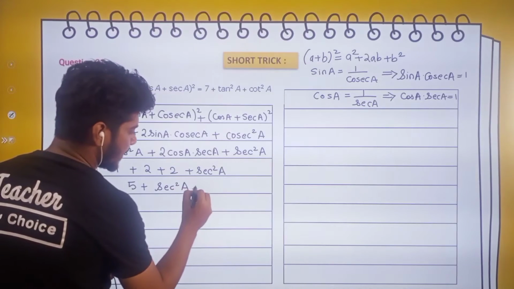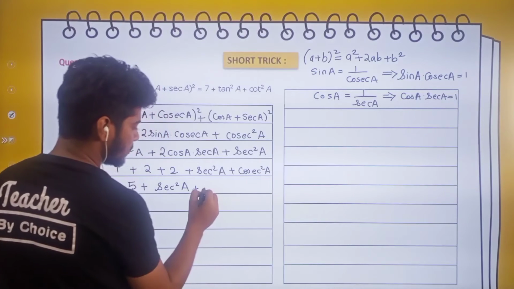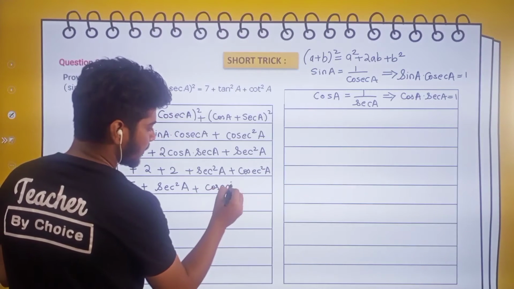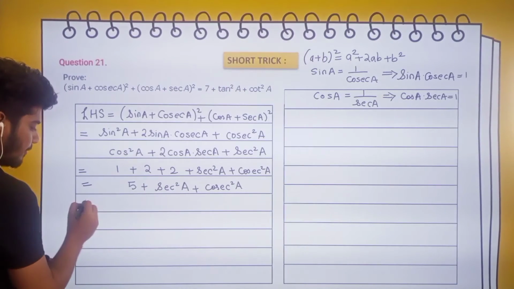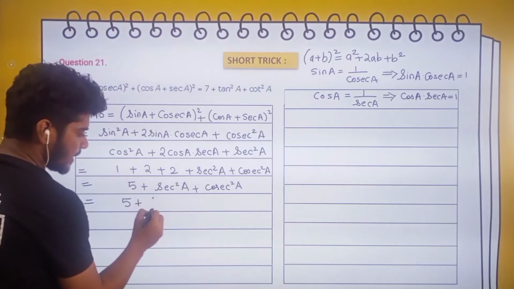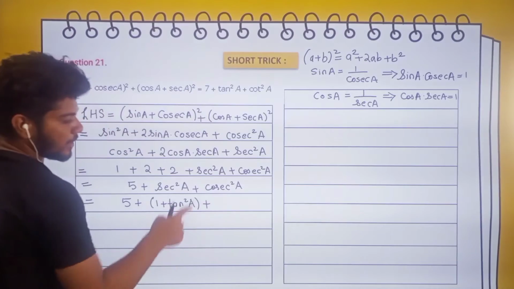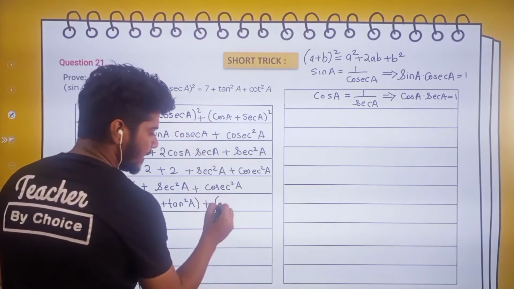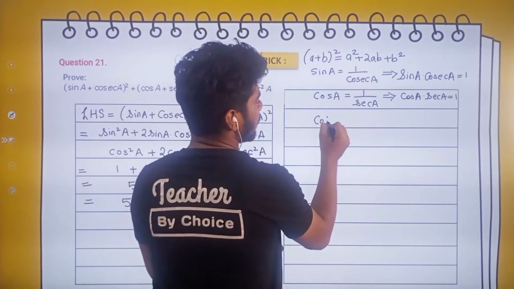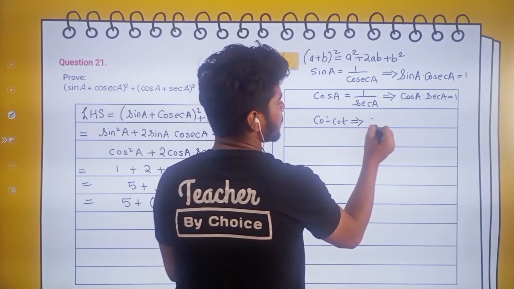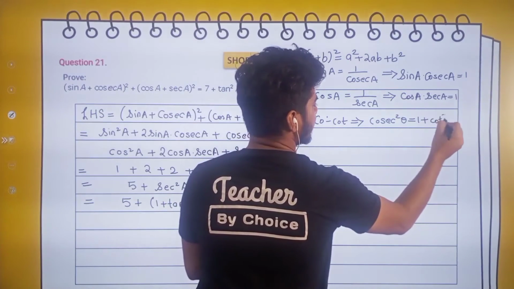So here plus cosec square A will be coming, plus cosec square A that was left out. This is cosec square A plus cosec square A, right? Now see, can I write sec square A is 1 plus tan square A? We know the identity. Plus sec square A as 1 plus tan square A. Plus, what is the identity of cosec square? Cosec square theta is equal to, if you don't remember, do it like this. Cosec square theta is equal to 1 plus cot square theta, right?